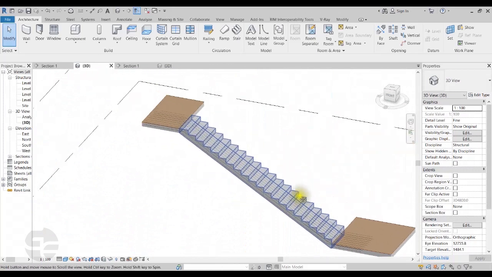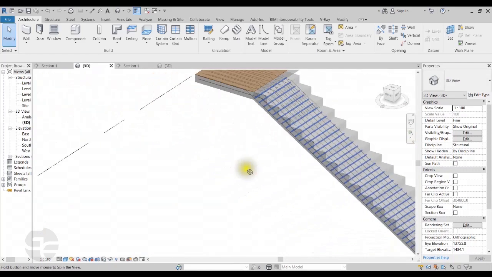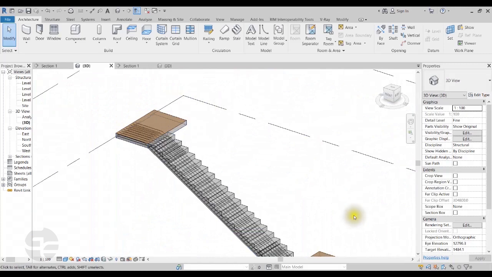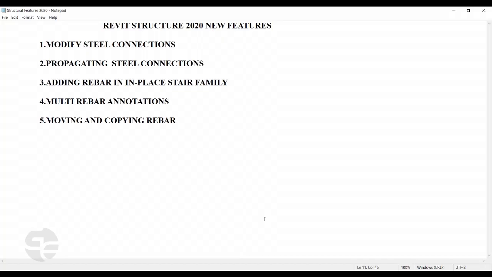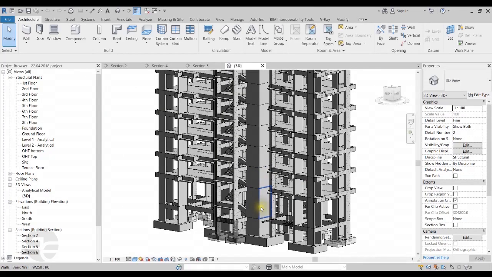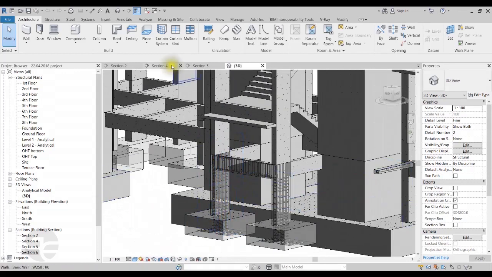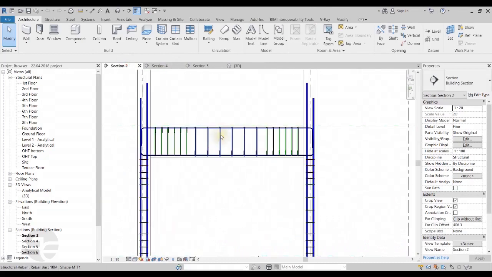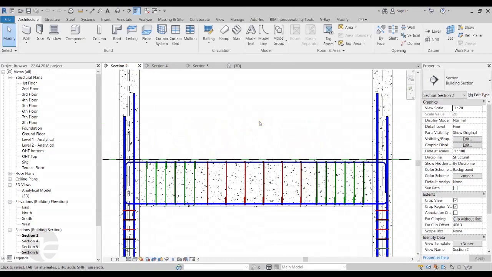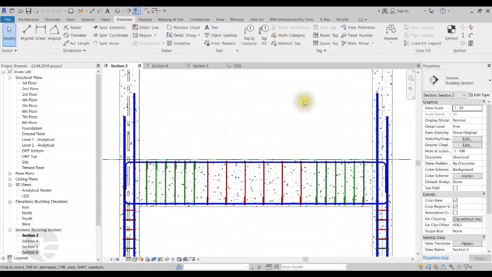So let's now move on to the next feature, which is regarding the multi-rebar annotations. If I have a look at this project here, which already has some rebars, and I want to provide some details to this rebar, from the Revit 2020 version we can move to the Annotate tab. We get the multi-rebar annotations here, which we can use to provide dimensions to our rebars